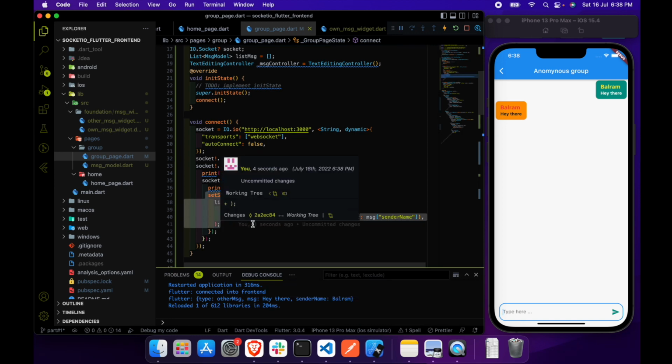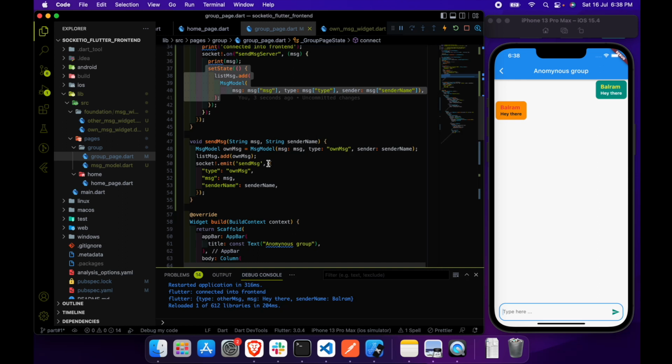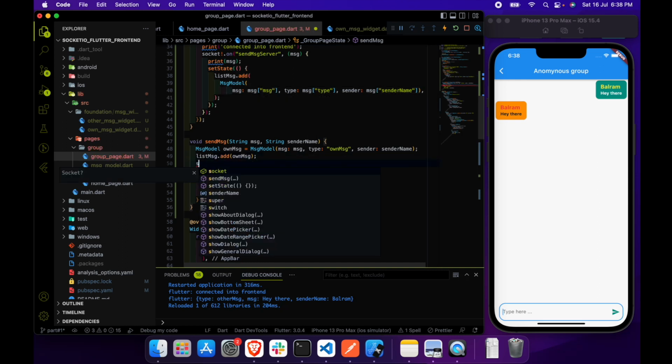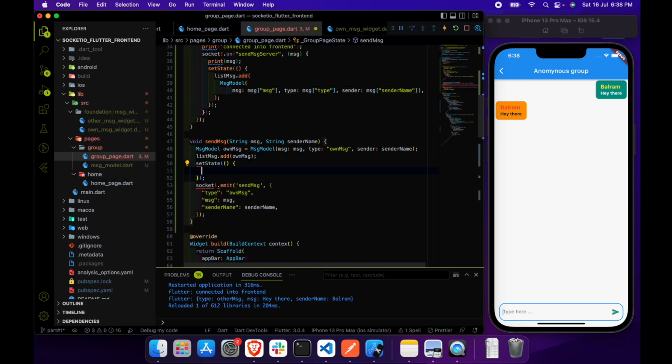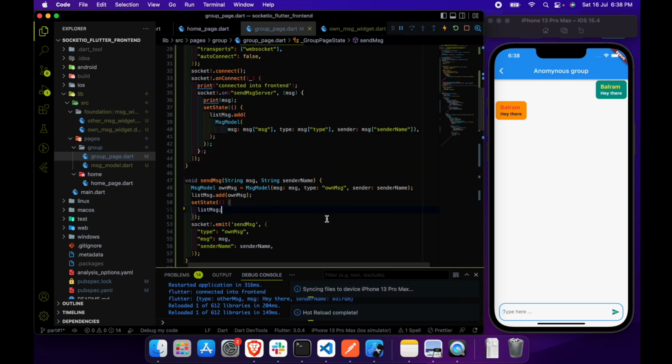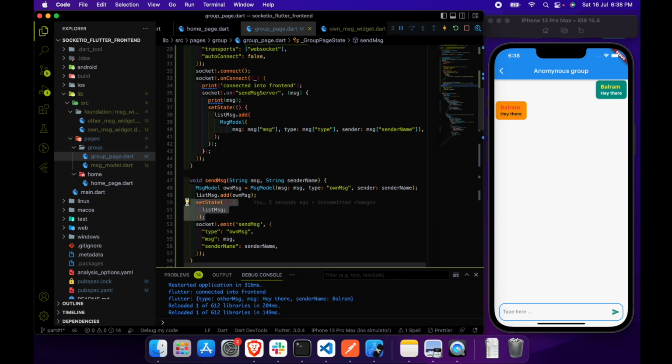Same thing we need to do over here also. I mean we will use setState over here also and update it over here. Oh, I need to add that thing. So basically setState, whenever we make changes to our mutating state or variable which we want to update,